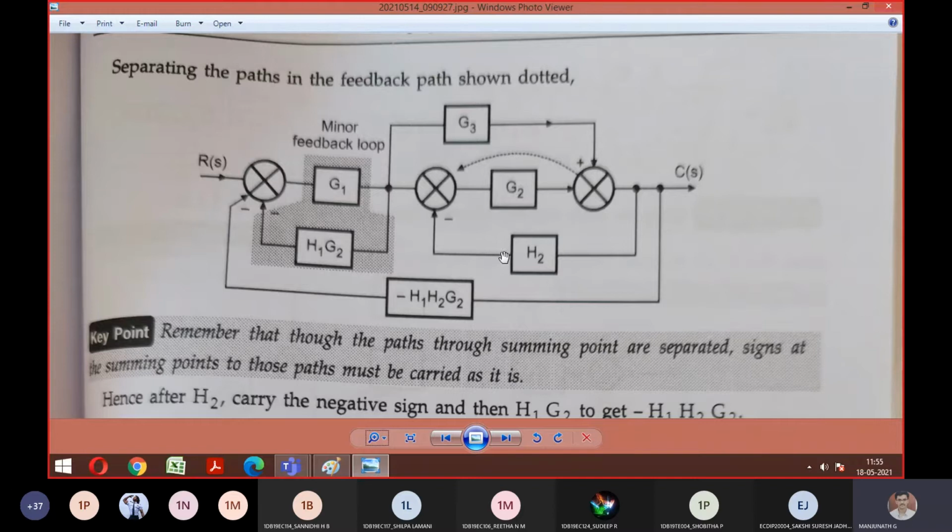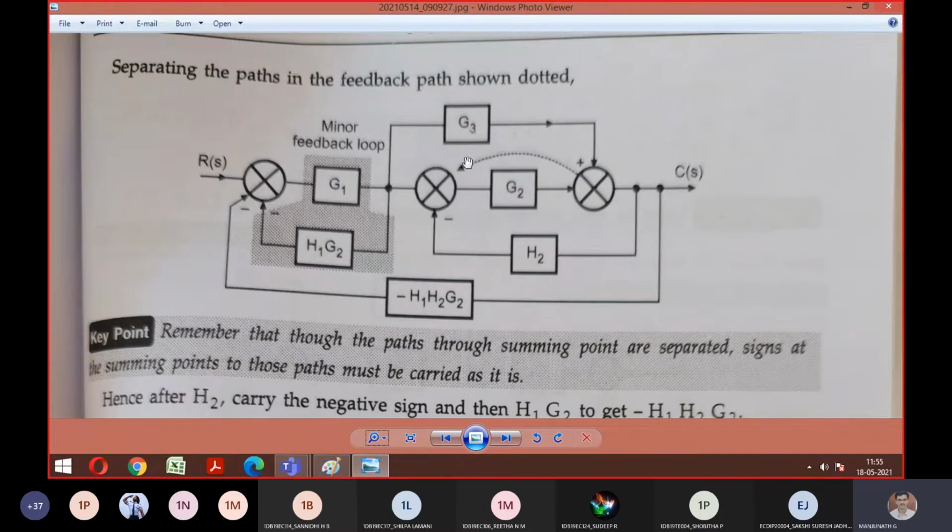Yes, sir. So for the next step, you can reduce this to one block if you want, or you can do this later also, not an issue. This step is very, very important. As I move the cursor, move the summing point before your G2. What is the logic? It is the reverse logic of the breakaway point, right? So I should multiply by 1 by G2 for this G3. So it is G3 divided by G2. After moving this here, this becomes G3 by G2.